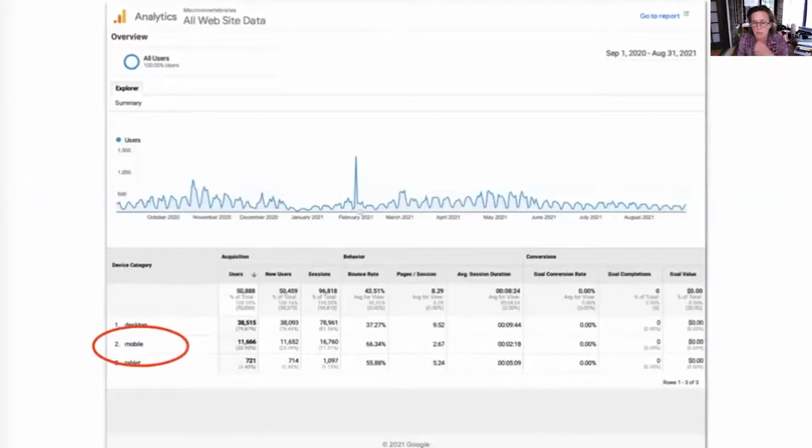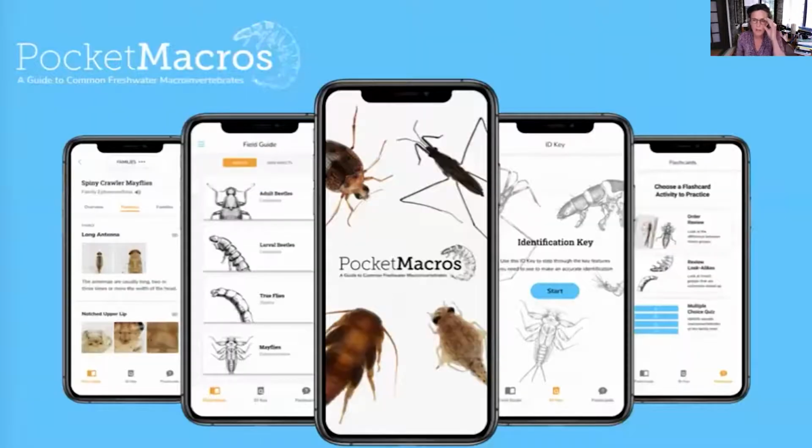This was also reinforced when we started looking at our Google Analytics, and we noticed that 23% of people are coming to visit macroinvertebrates.org on a mobile device, and that was a subpar experience. And of course, with the pandemic and so many people having to move home and use online resources, it was really imperative that this website was optimized for that kind of use. We also had a lot of feedback that people found the amount of content kind of overwhelming, and could we make it simpler and make it easier for novices or learners to onboard in a more straightforward way. So for the last year now, we've been working on a mobile application to try and address some of these issues.